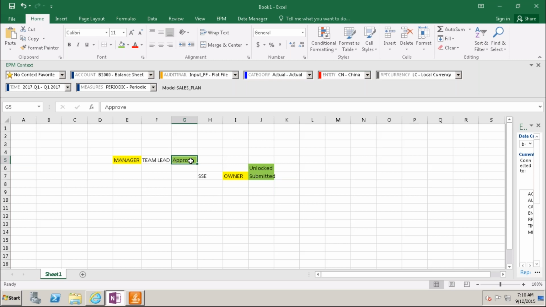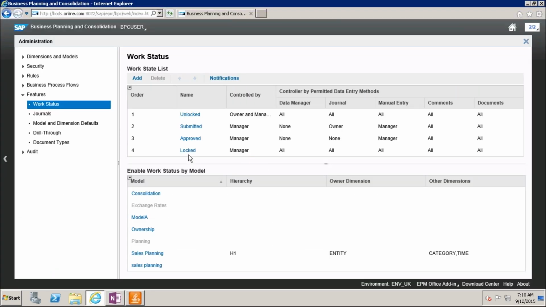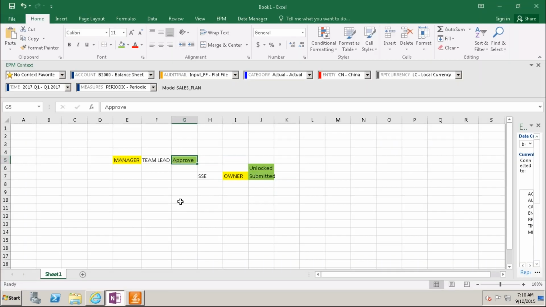Or otherwise, we can give closed status also, locked also we can give. So these are the statuses. Owner, manager.